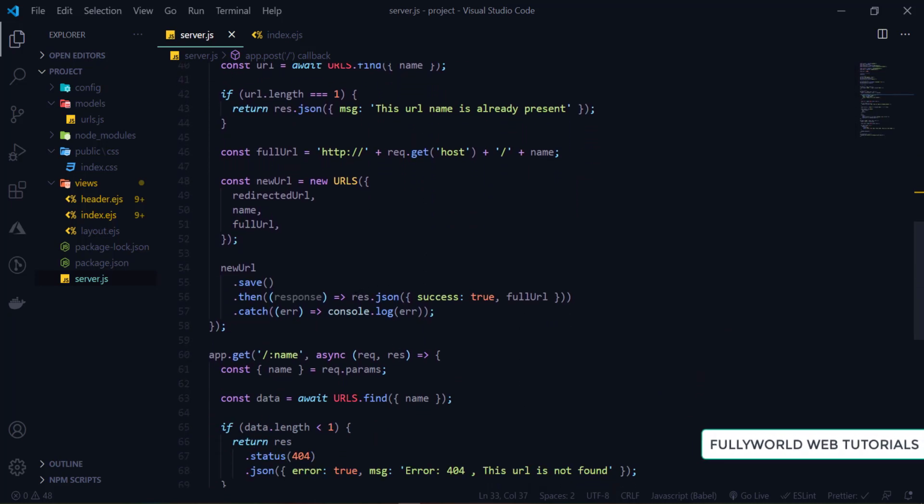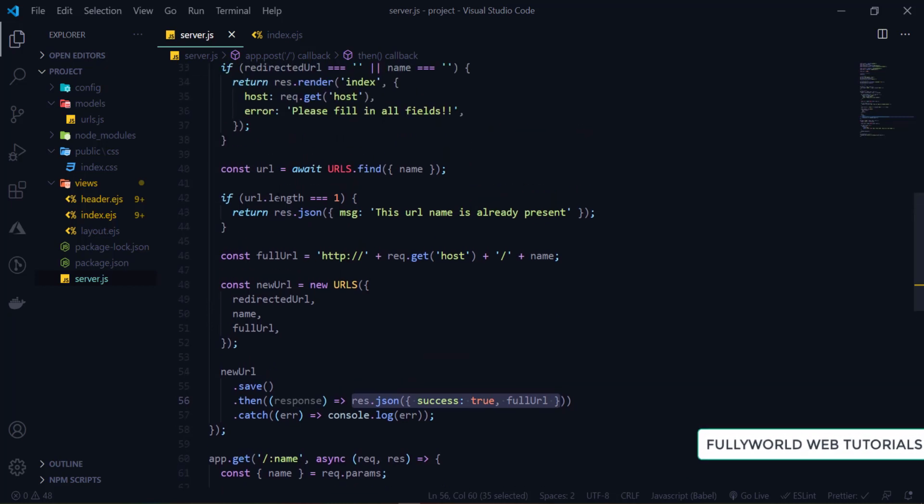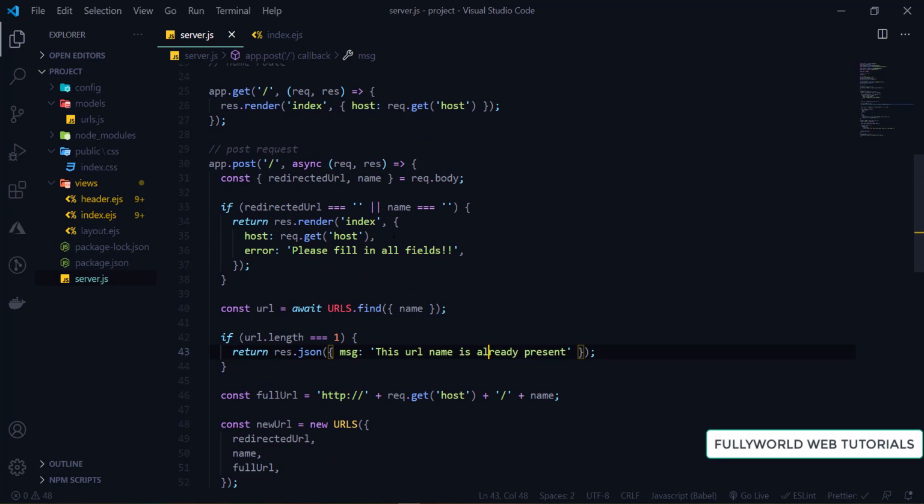So now here, instead of JSON, when the user is entering data, see that if url.length is equal to 1, so if the URL name is already present, then we are using views here. We are not sending a response from the server to the client, but we are using views in the server only. So for that we have to render our view here.